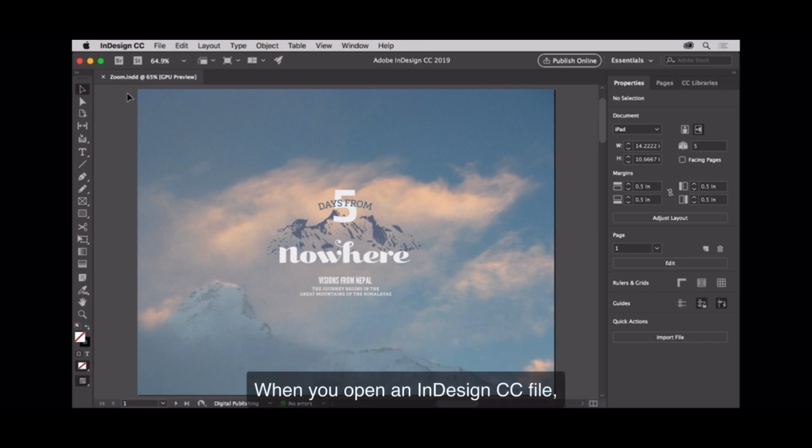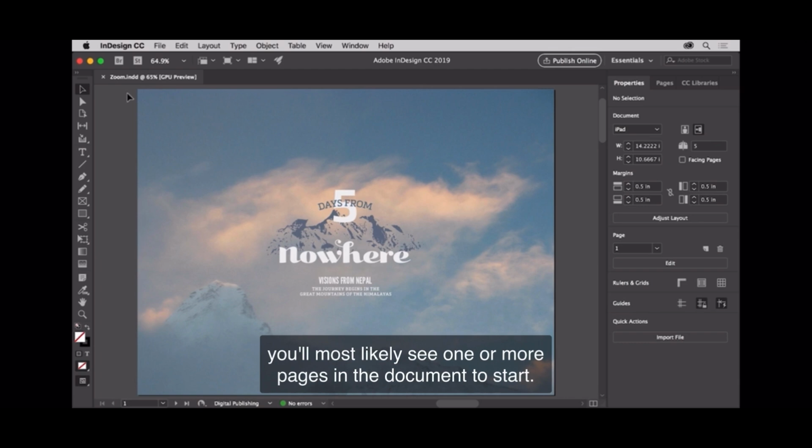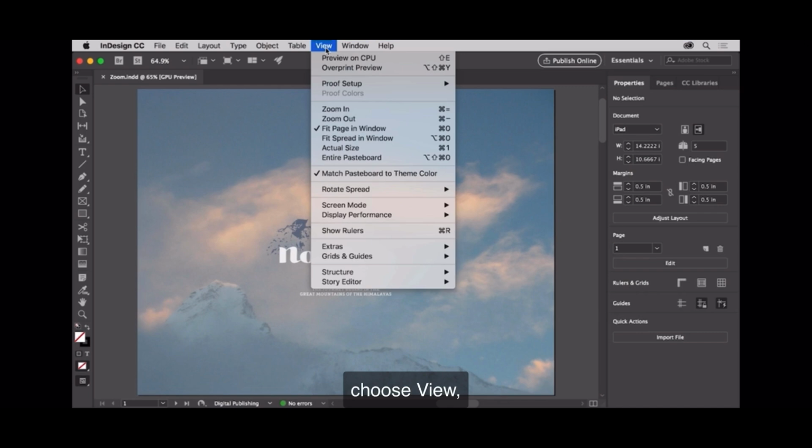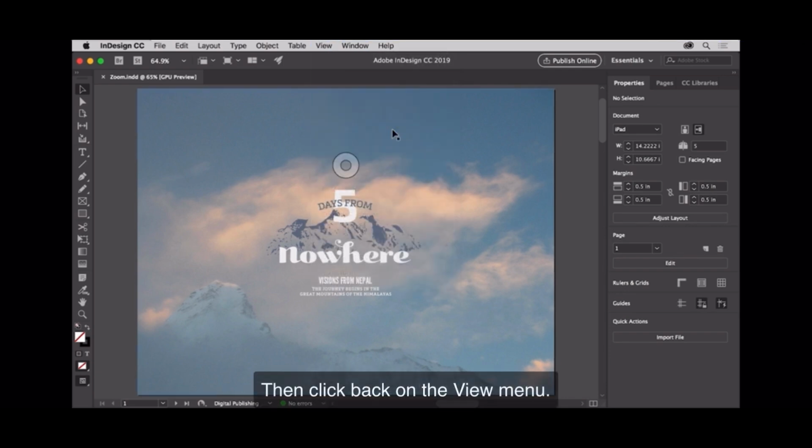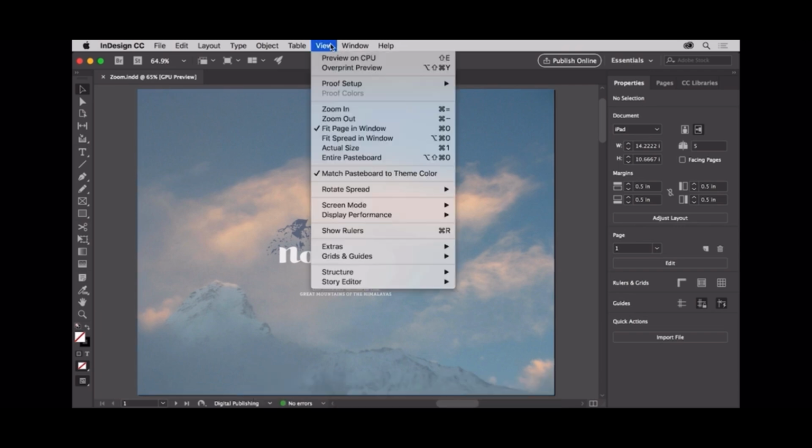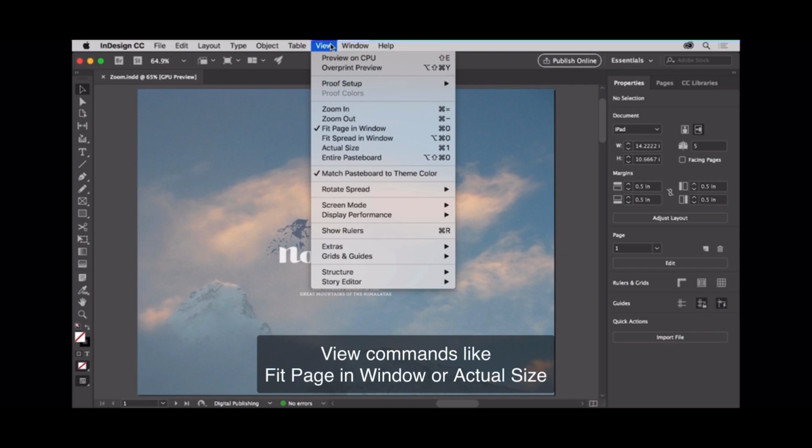When you open an InDesign file, you most likely see one or more pages in the document to start, so that you can fit the page or the pages into the document window. Choose View, Fit Page in Window, then click back on the View menu. View commands like Fit Page in Window or Actual Size